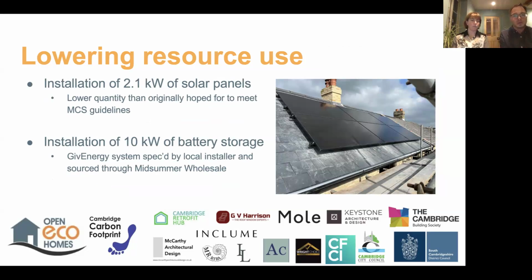So we installed 2.1 kilowatts of solar panels, slightly lower overall size of system than we would have liked. We were hoping to have a couple more on there, and actually discussions out of our ecohomes tour suggest that we might be able to put some more on, on a slightly different roof orientation. So that's the solar panels, and then that was connected into 10 kilowatts of battery